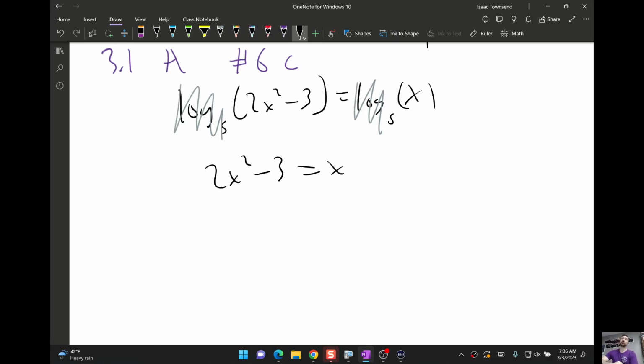Now, other than one thing at the end of this question, logarithms are already finished. And depending on how you move forward from this, it could be a big red flag for you guys. If you're moving on to calculus next year or college algebra next year and you're not solving a quadratic correctly, that's going to be painful. You need to know how to solve a quadratic. Everything needs to be on one side set equal to 0. Any other kind of creative thing that you're trying to pull off, that doesn't work like that. And to solve a quadratic,